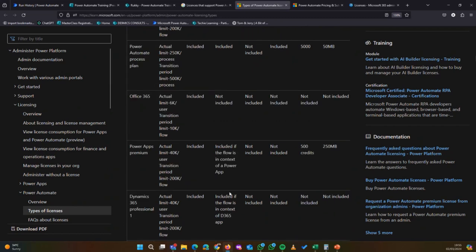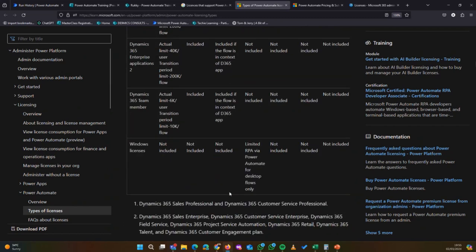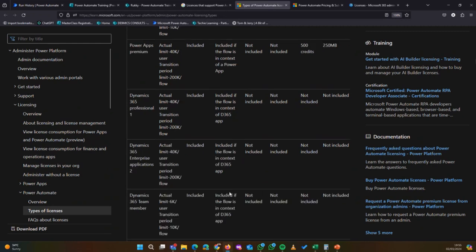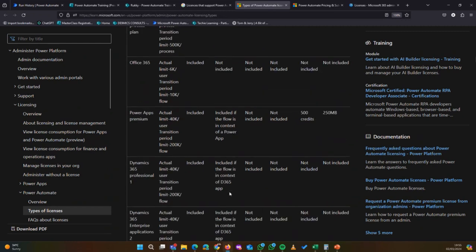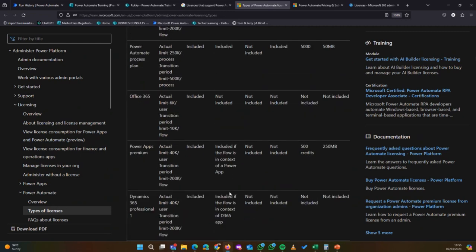Okay, Power App is a different app entirely, but sometimes if you have a flow in a Power App and you don't have a Power Automate license, but the flow is running in context to the Power App, it would actually still work. Okay, it's kind of complicated, and if you have more questions, you can actually ask me now